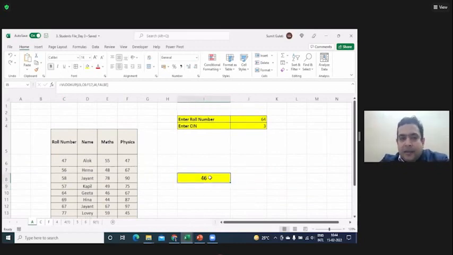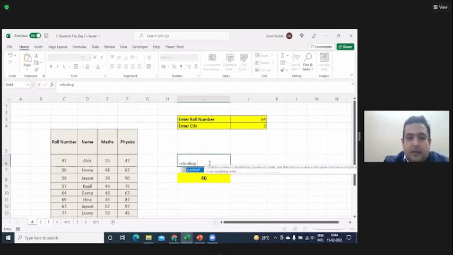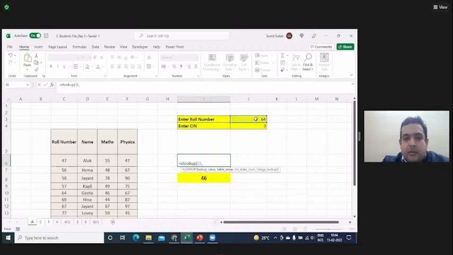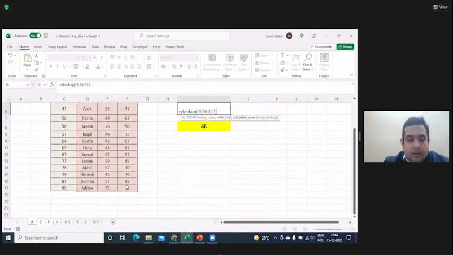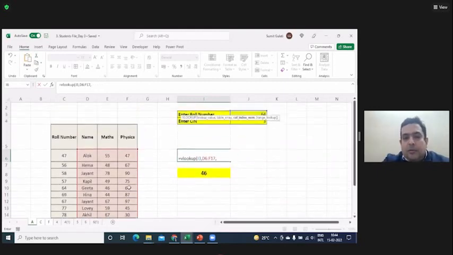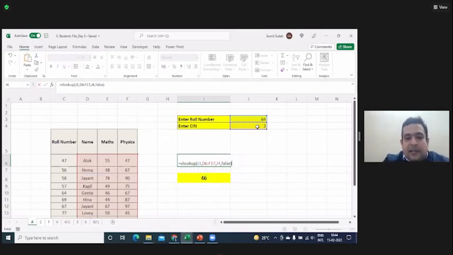I would suggest you try and create it by linking to a cell. Before that, I'm writing a formula. Tell me what will be the answer. Instead of roll number, I'm going to link it with this. I select the data which looks like this, comma 2, comma false, not 2. I link it and say false. If I run it right now, what will be the answer? Error. Why the error?